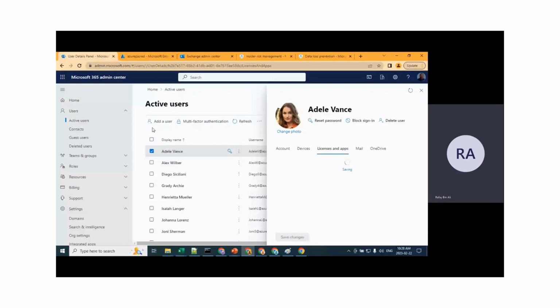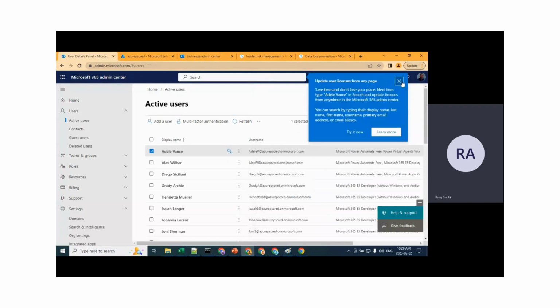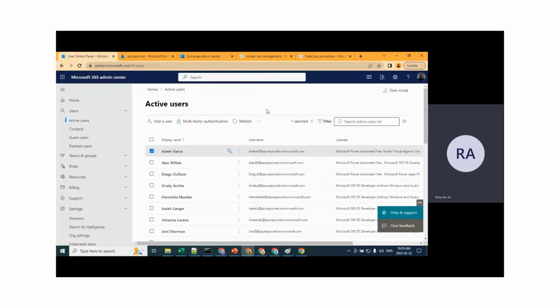Now let's move on to the other things that we can do here. You can see how easy it is for password reset. You can actually reset passwords over here very easily. You can see the devices assigned to the user. You can manage their mail and OneDrive. After you have set up the users, assign them the licenses and assign them the roles available to that user,